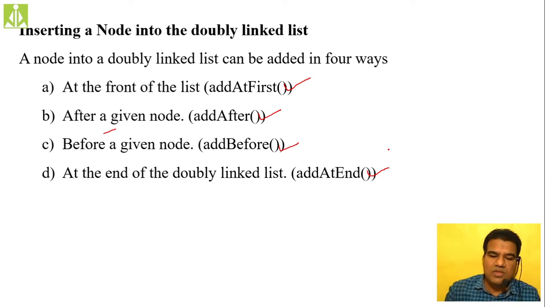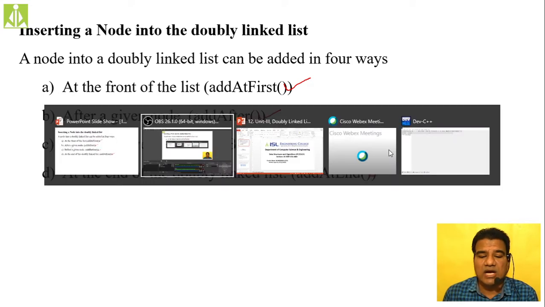In our yesterday's session, we got an error. When we performed this add at first, we got some minor error. Because of that, when we performed the traversal, we did not get the accurate result. Hope you remember that one. I have rectified it, and I will show you where exactly we made that problem and why we got such an output.